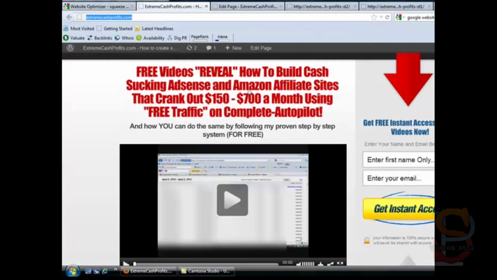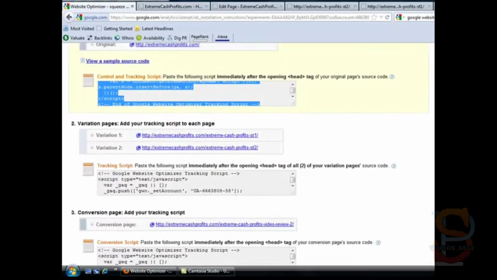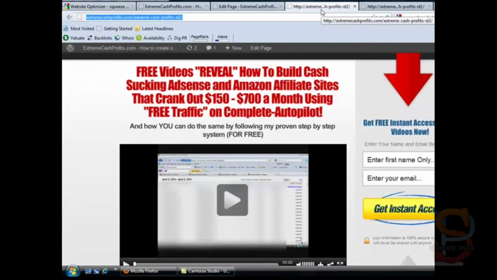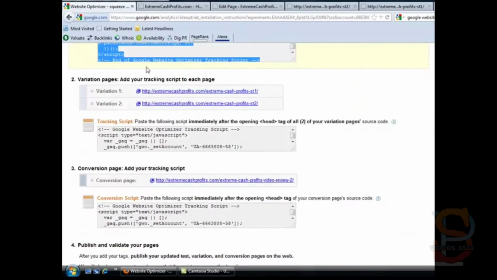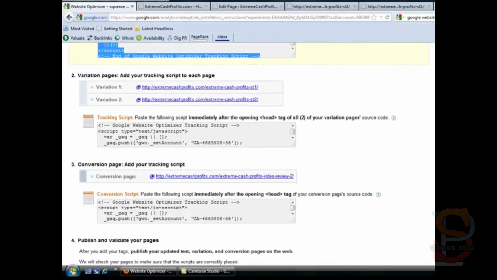Okay, so go into your squeeze page and put your code in there, and then once you've done that, you also need to put a tracking script in your variation pages. So you go to your ST1 and ST2. Don't put the same code in, you need to make sure it's different, because this is for your main squeeze page, and then